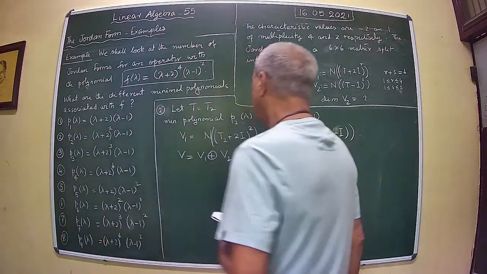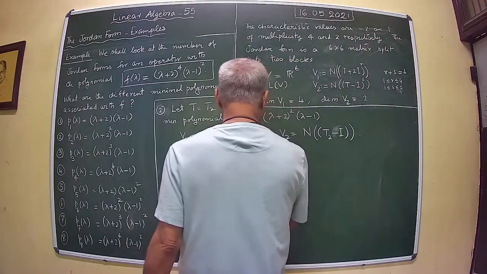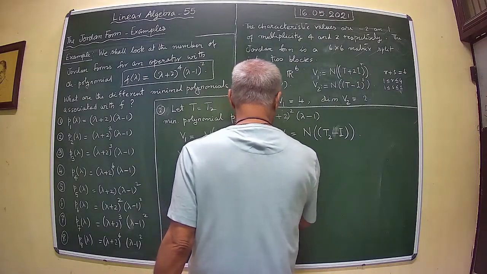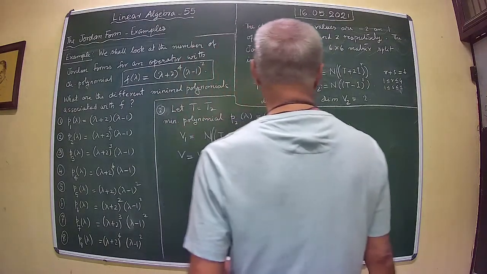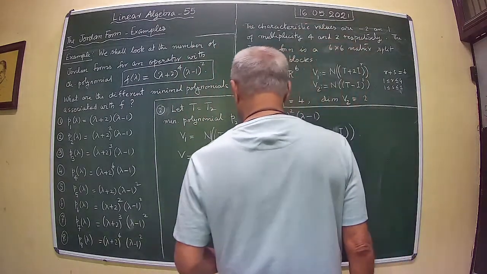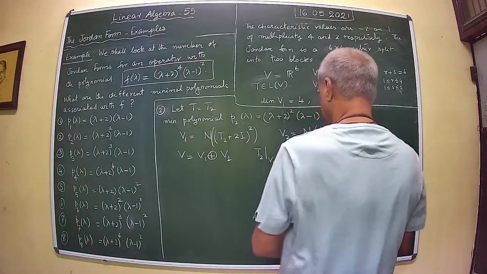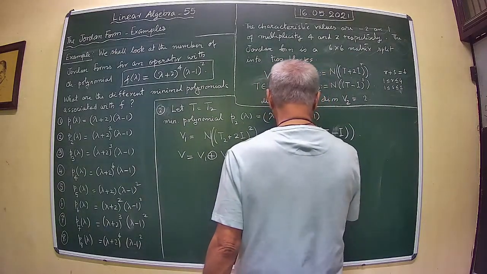And again you have got T2 restricted to V1, suppose this is denoted by A, we have used 1 1, 2 1, 2 1